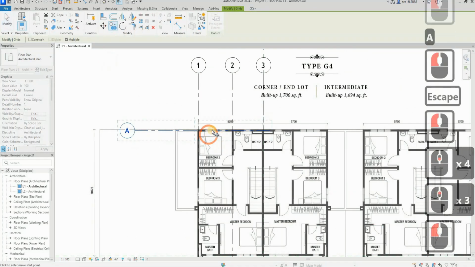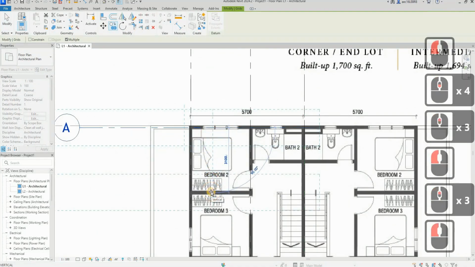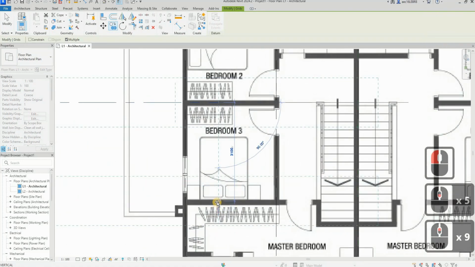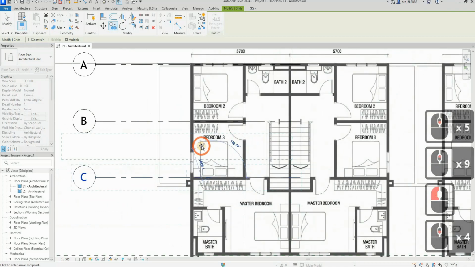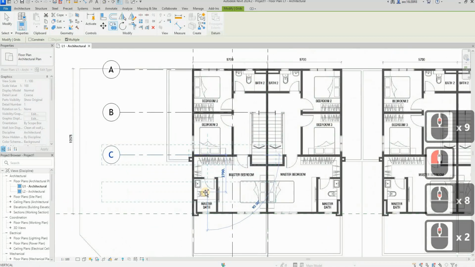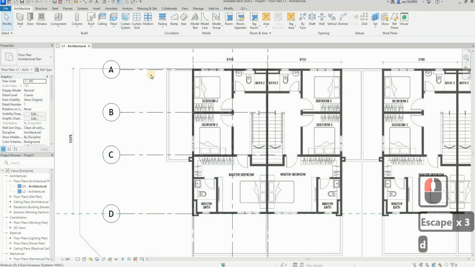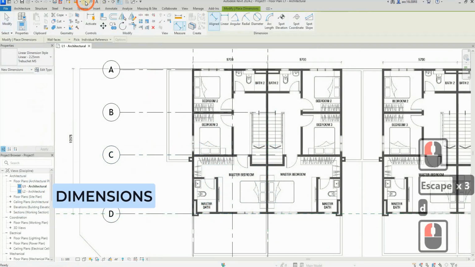Then we copy the grid lines to here, so 3,100, and then here 3,100, and then another one. We straight away finish it to here. Okay, see what's the dimension of it. We try to use the dimension tool by clicking this,